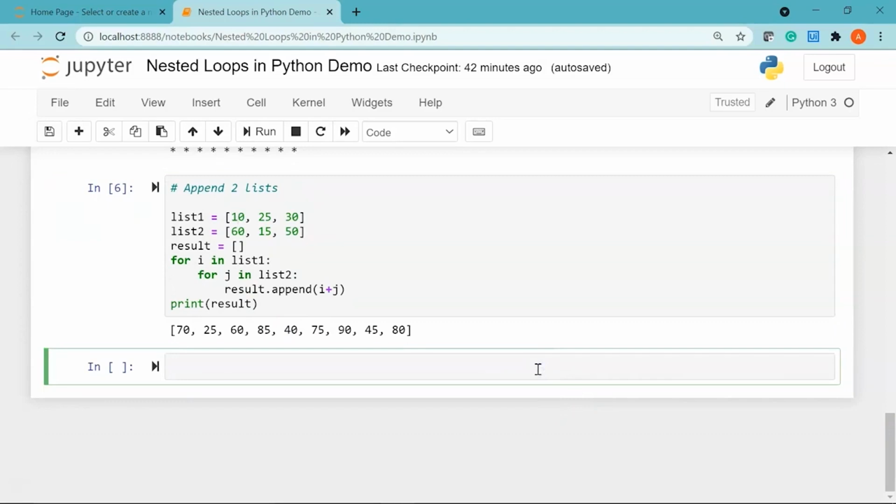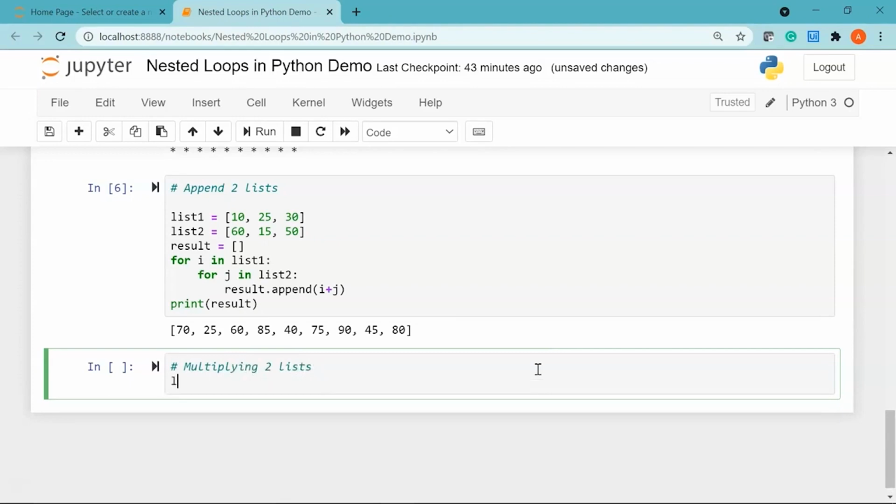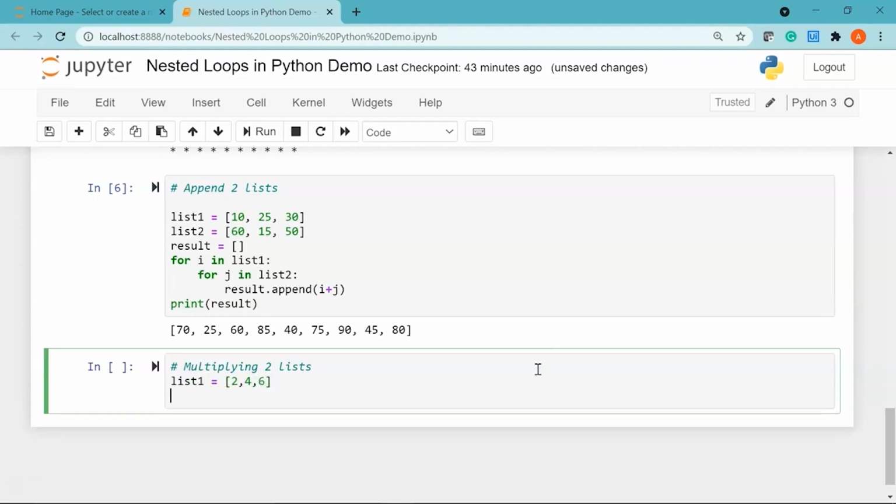Now moving to our next example, we are going to see how you can multiply the values in 2 lists. So I'll give a comment saying multiplying 2 lists. I'll declare my first list, which is list 1, with 2, 4 and let's say 6. Then I'll have my list 2 with the same elements 2, 4 and 6.